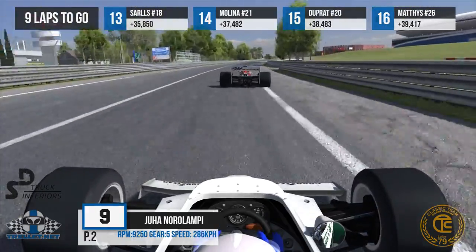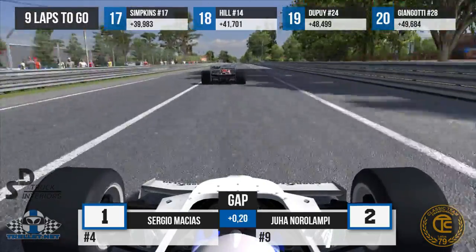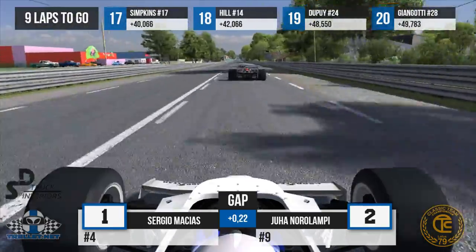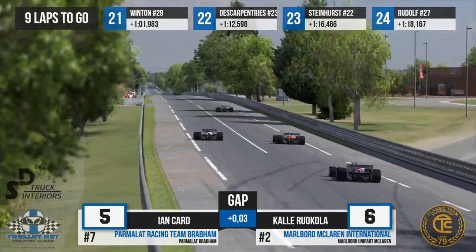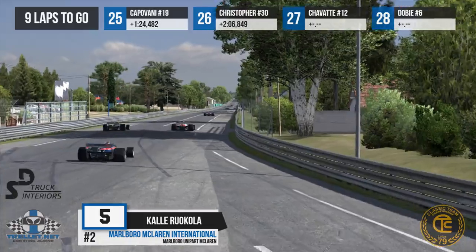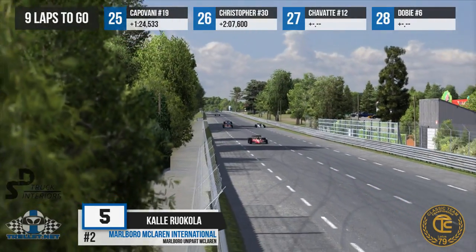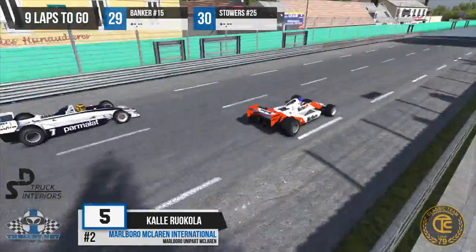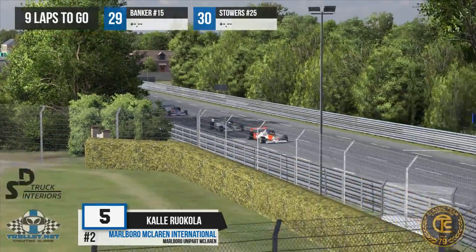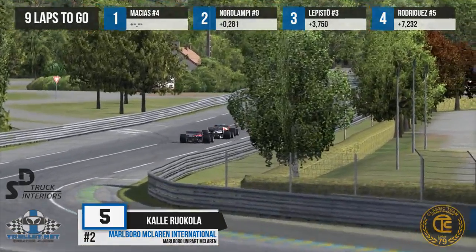Sergio Macias, of course, is the driver who is able to battle it out with him for the lead. But the question is, does Juha want to battle at this stage? Or does he want to tuck in behind Sergio? I think the clever thing to do would be to keep as close as possible and pass on the last lap before the Mulsanne corner, or maybe even before Indianapolis. Yeah, that's a clever thing to do, especially as you've got the variable of Antti